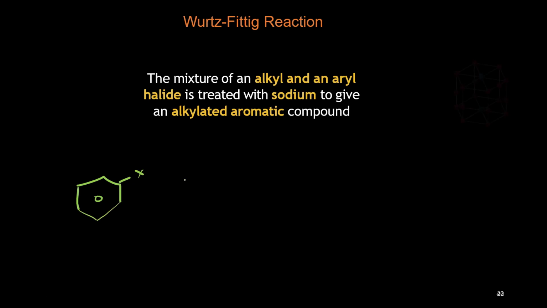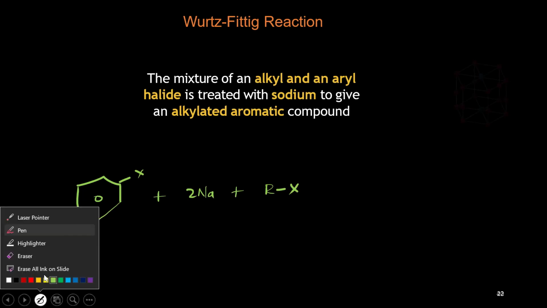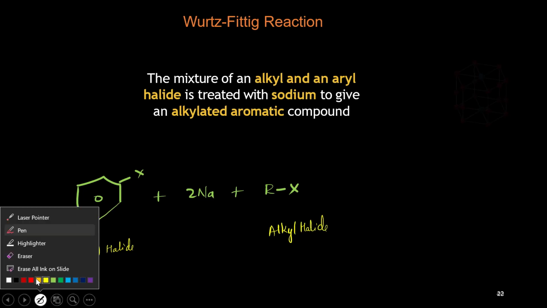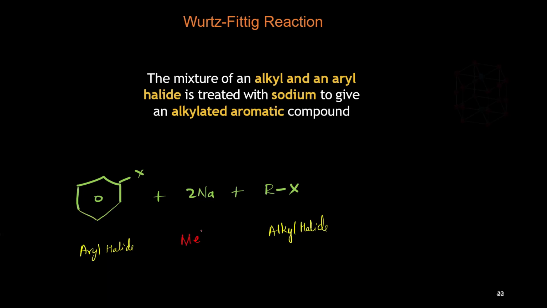So this benzene ring, and there is an alkyl halide. So if you see here, what is this? This is an aryl halide. Yes or no? And what is this? This is an alkyl halide. And what is this middle? A metal. That means whenever an aryl halide and alkyl halide react with a metal, they will be forming